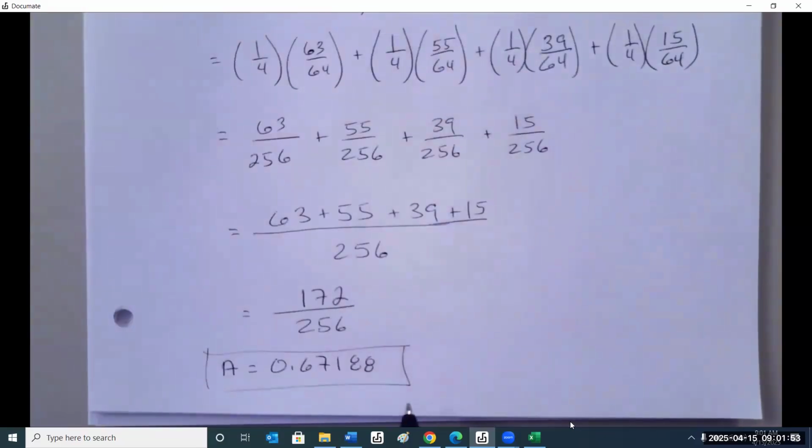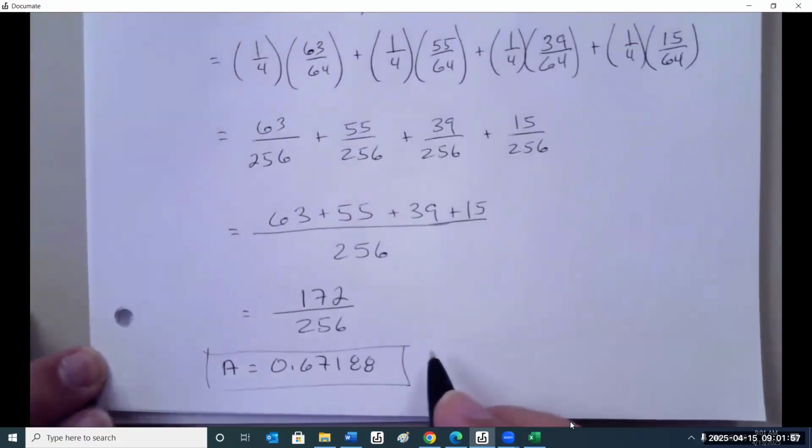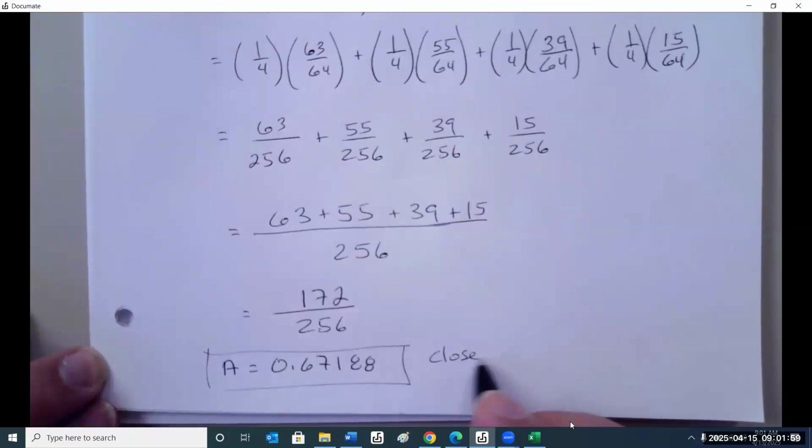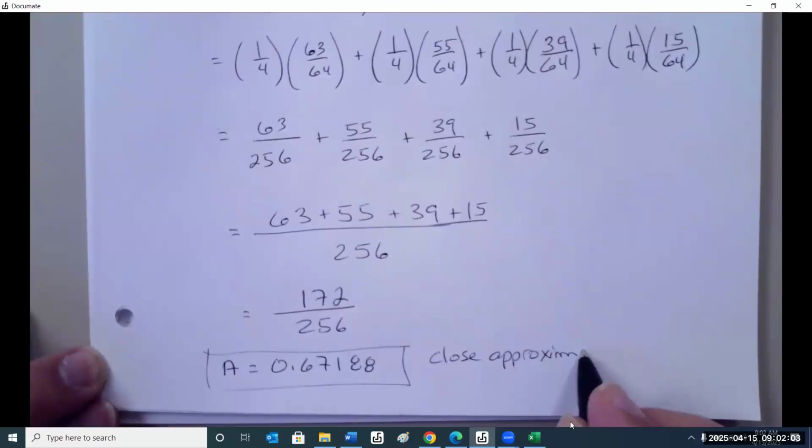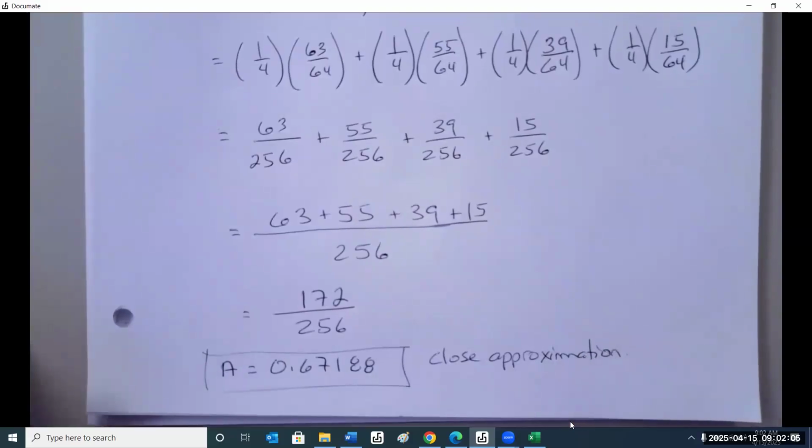So even though this one's not exact, it's a close approximation, the closest we can get. Why is that? The reason being because the midpoint method